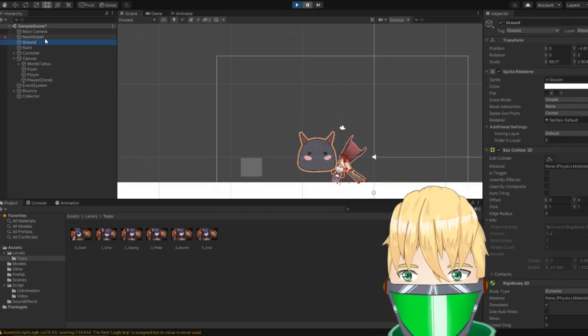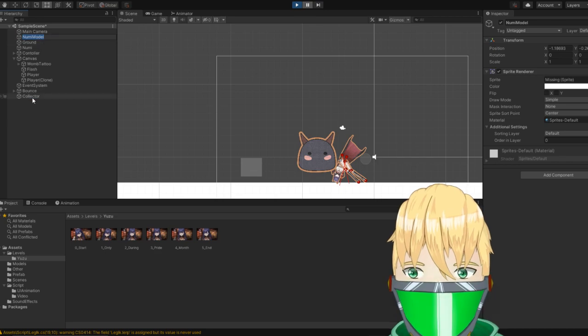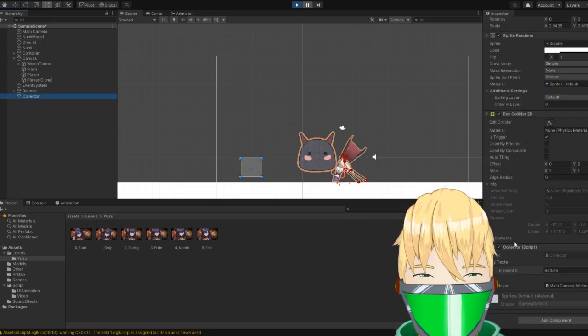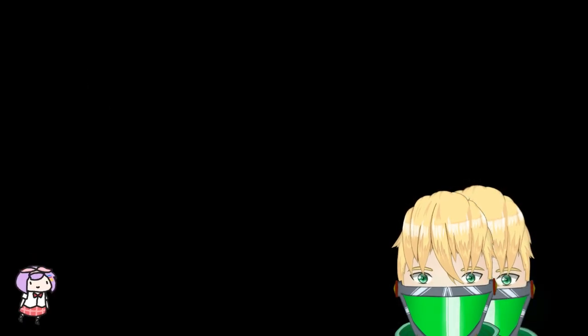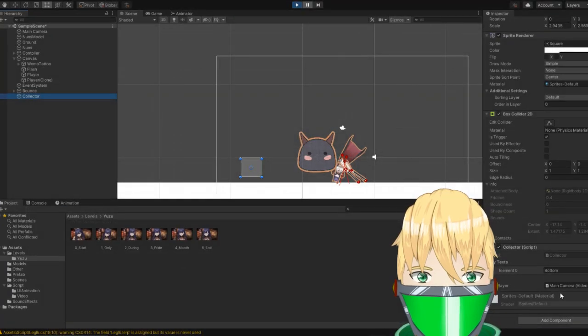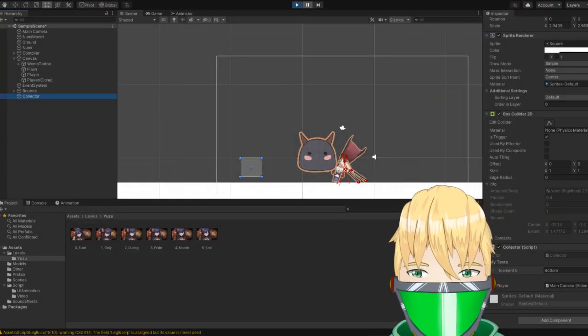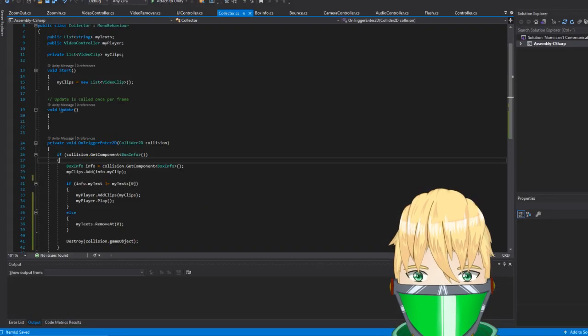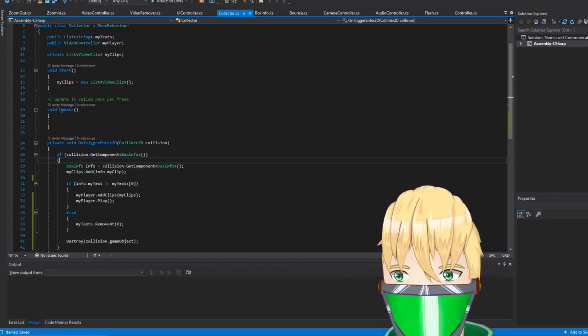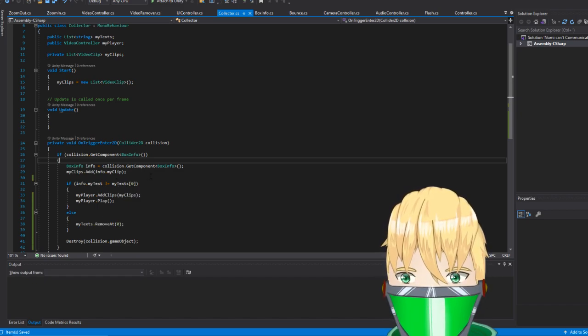Then let's pause it to just check what the collector is at currently. So yeah, it has one element left, which is bottom. The main camera, it has the video controller. So that works well. And this should be working correctly.